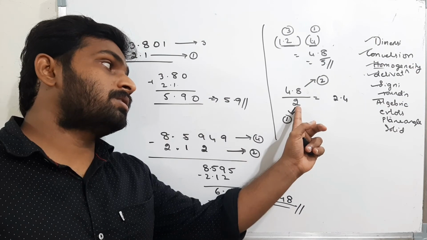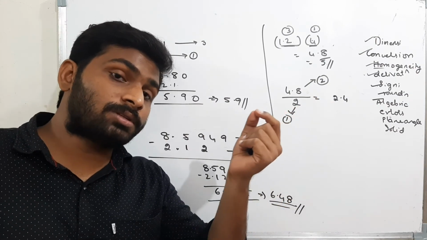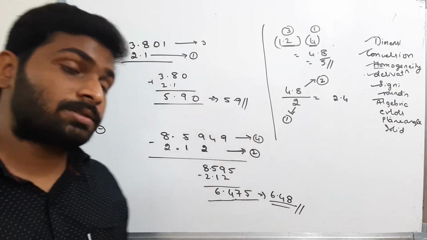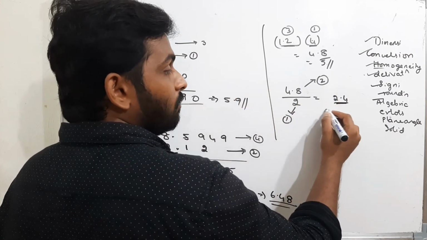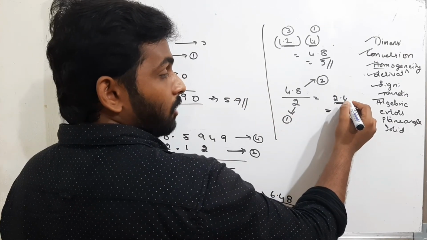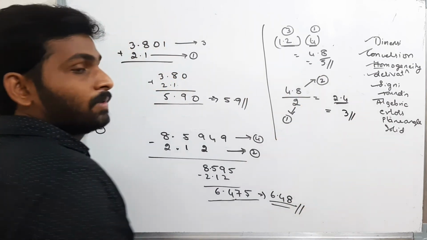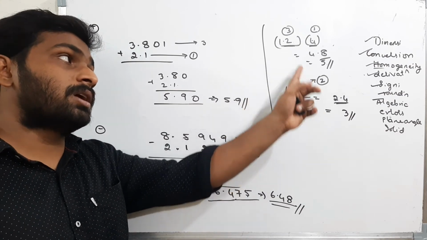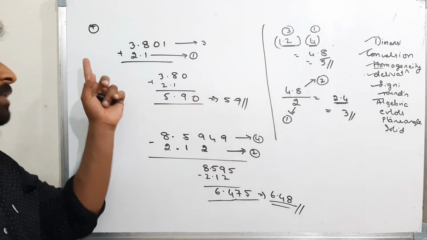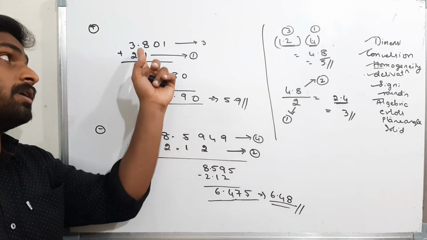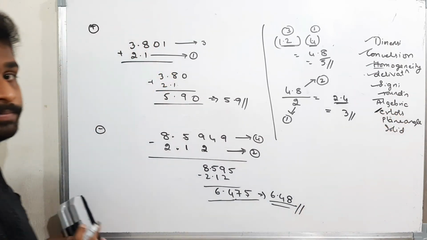Here this one is having the least number of significant figures. The answer also should have the same number of significant figures. Therefore round off this one to only 1. 2.4, I should round off to only 1 significant figure. That is, if I round off, I will get 3. This is in multiplication and division. In multiplication and division, I will see the whole number of significant figures. But in addition and subtraction, I will see the number of digits after decimal. Okay, now next one, we will see about the errors. Problems in errors.